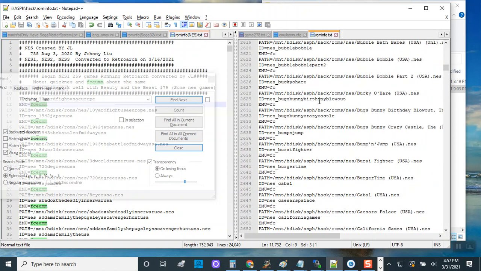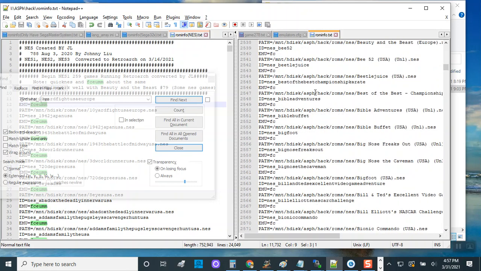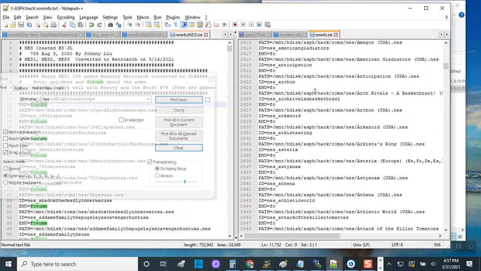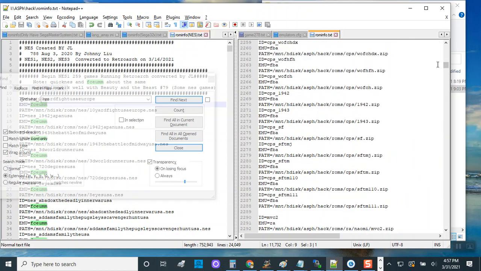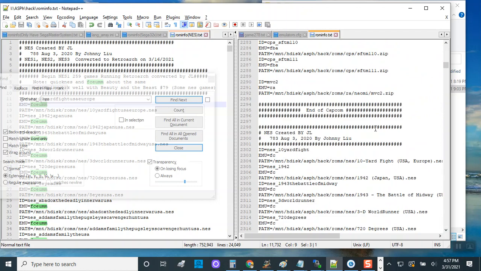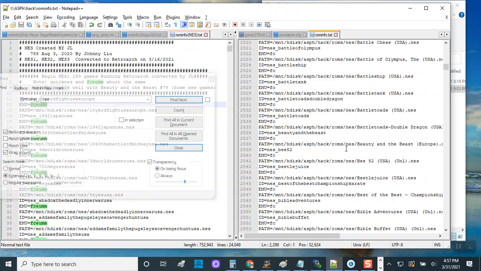So later when you get this copy, you don't have to do this. All this will be done for you. But I'm just showing this to those people who don't want to wait and want to do it themselves. You could do this by yourself. Okay, here is the NES, the beginning of NES. So we are going to click on that one, and then hold the shift key, and scroll all the way down to the end of the NES,